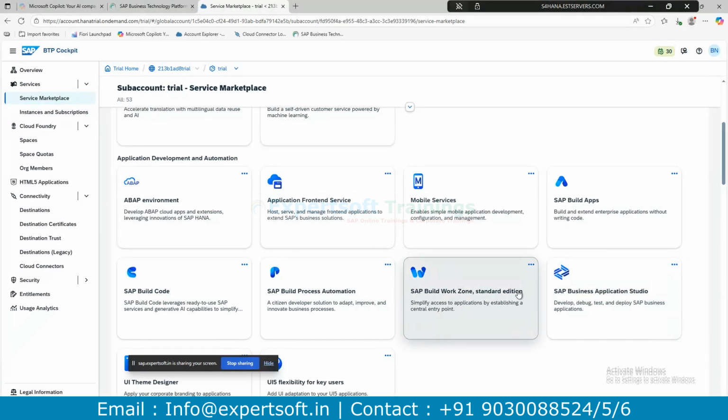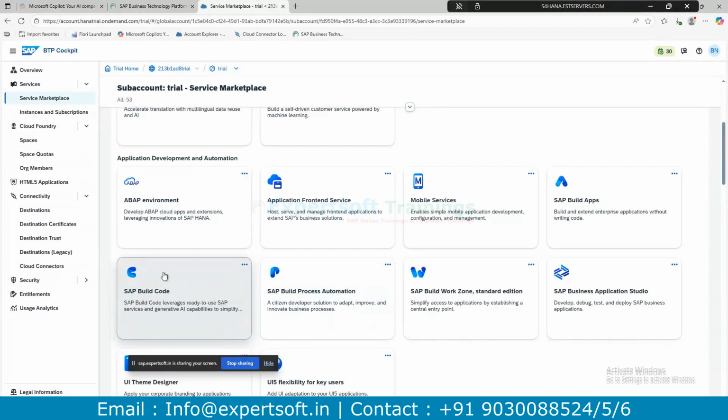And SAP Build Work Zone is like the SAP Fiori Launchpad, but in the BTP space. SAP Build Process Automation is like workflows, standard workflows we have in the legacy system, right? But in the BTP space, we call it SAP Build Process Automation.